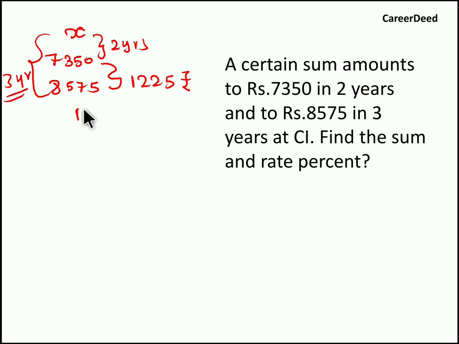So this 1225 is how many percentage of 7350? So that you can easily find the rate of interest, right? So this 1225 is nothing but the total amount increased from 7350. So if you find 1225, you will get the compound interest for the entire process, right? So 1225 by 7350 into 100. So you will find the compound interest, 1 year's interest. So if you cancel it, you will get